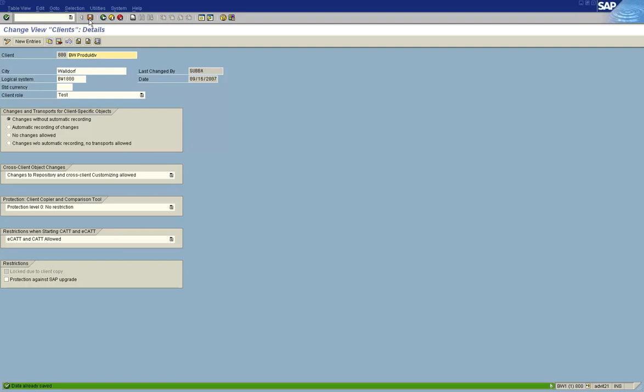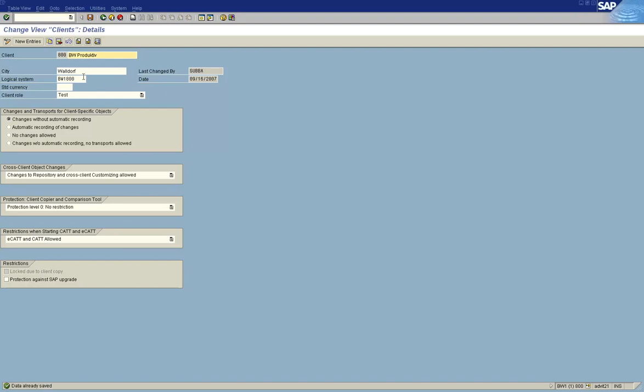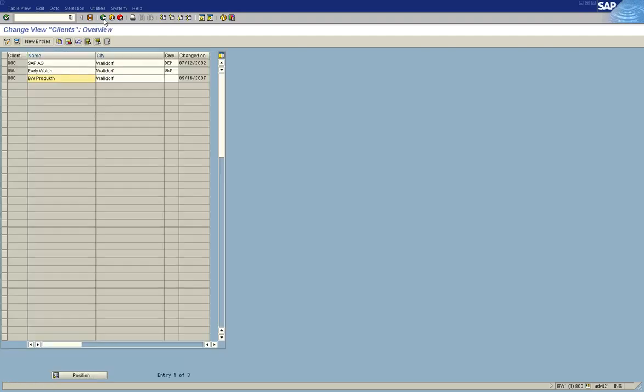Remember that if a logical system name is already assigned to a client, you should never change it after it is assigned. The logical system name is used as a name for each client in different systems to identify each other.